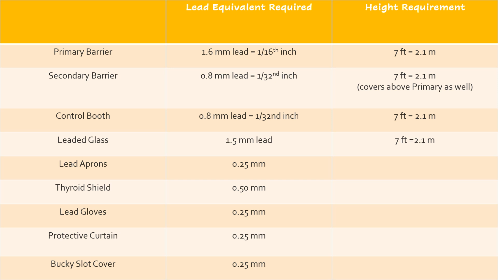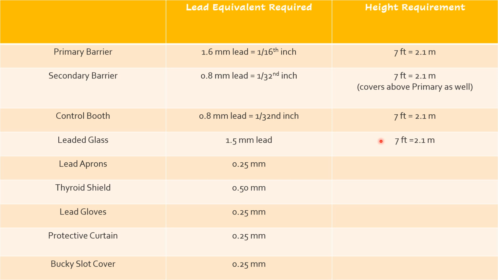Checkpoint or summary slide, again: primary barrier, 1.6 millimeters of lead, 1/16 inch, 7 feet or 2.1 meters in height. Secondary barrier, 0.8 millimeters, 1/32 inch, 7 feet or 2.1 meters in height as well. Control booth, 0.8 millimeters because it's a secondary barrier, 1/32 inch of lead thickness, 7 feet tall, 2.1 meters. Leaded glass inside the control booth, 1.5 millimeters of lead, again within the 7 feet, 2.1 meters from floor